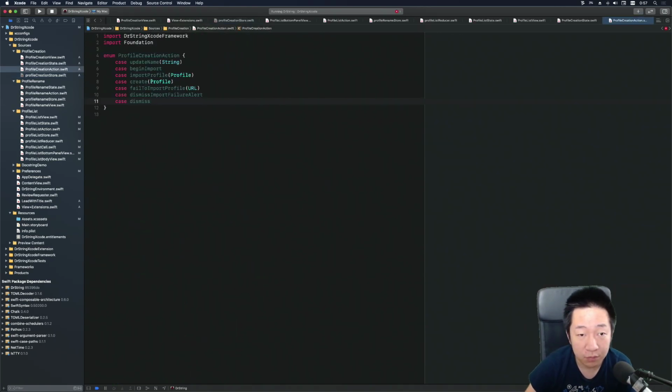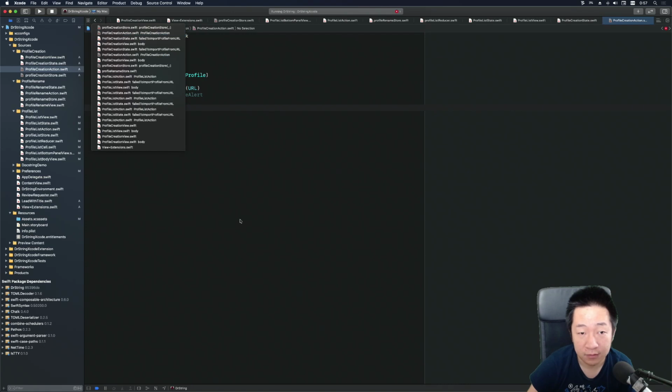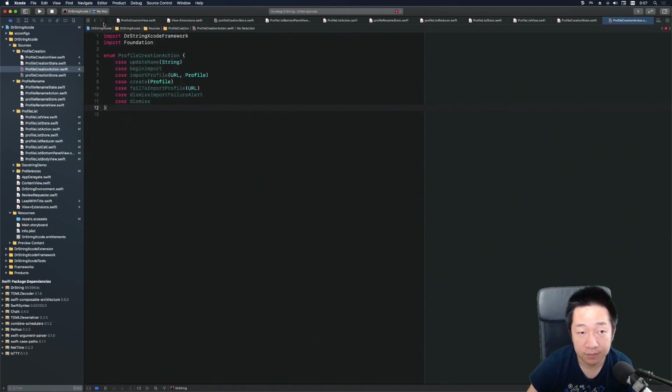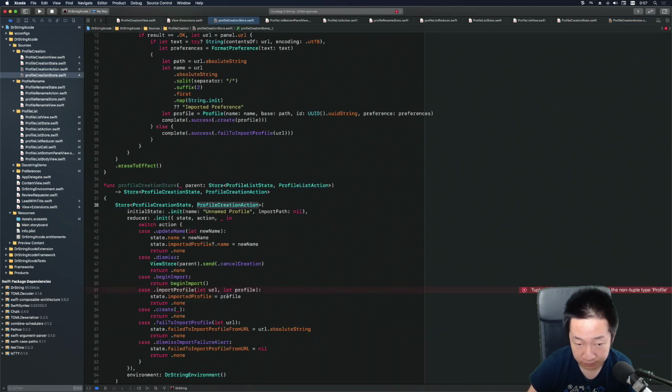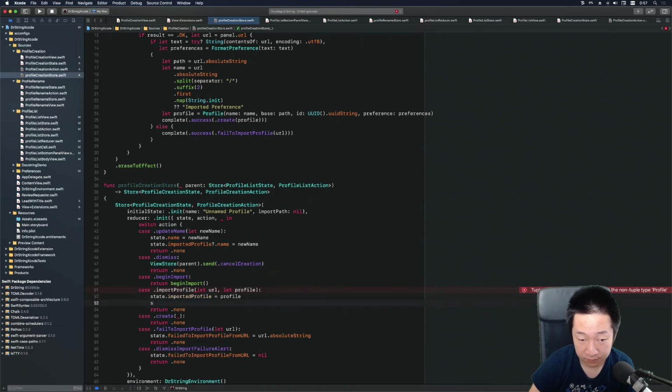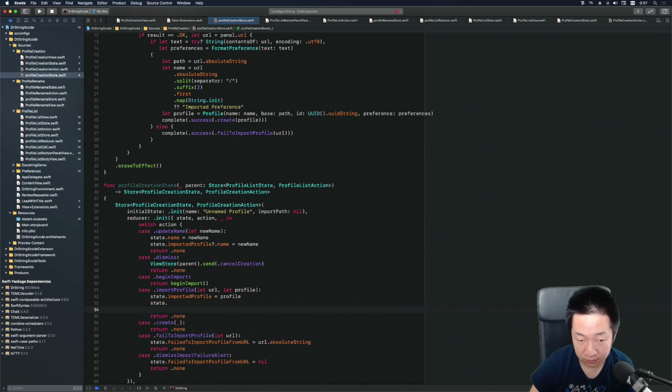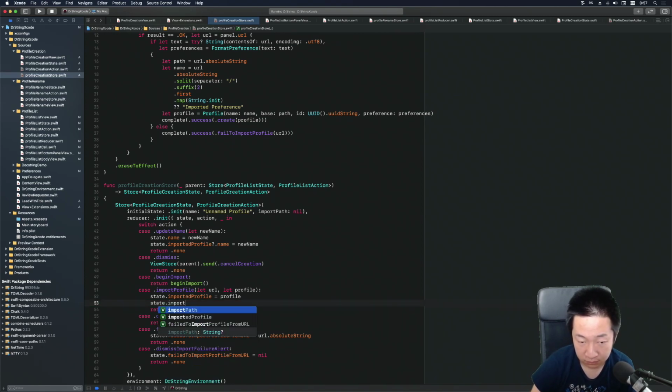So import profile should have a URL. Okay. URL dot